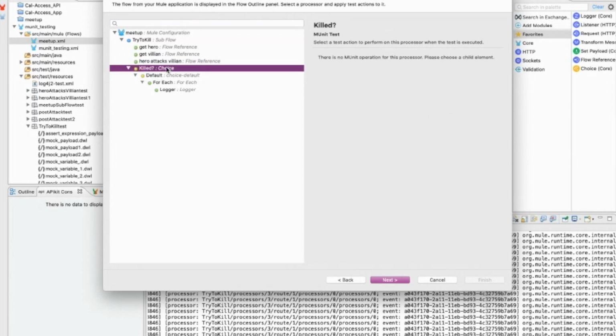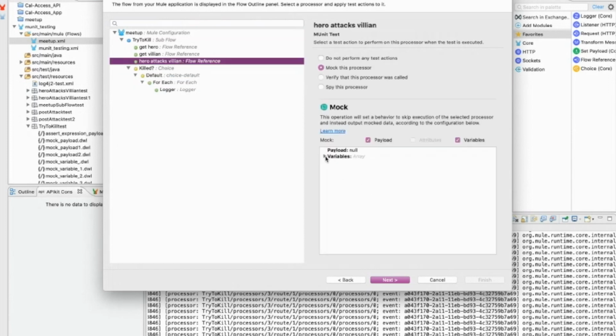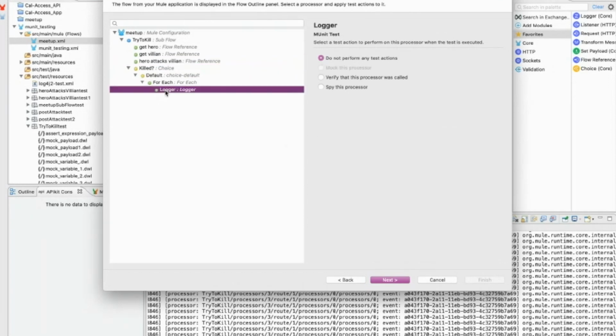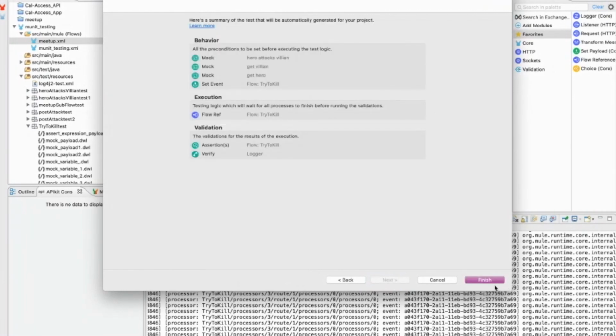And now we can say, all right, it's going through the choice. It went down the default path, which means that the target had HP left, and now it's going to go through a for each. So we know this hero, when it attacks the villain, is going to give back an attack result with 60 HP. And if it does it once for every HP, then we can say, all right, I want to verify that this was called exactly 60 times, because it should be done one for every HP. We can say next, finish that,